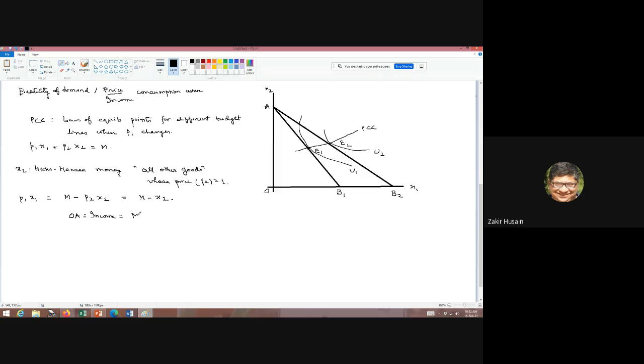তাহলে এখানে when you are consuming this amount, তুমি এতটা কনজিউম করছো, so what is the expenditure on x1? It is simply this. ঠিক আছে, is it clear? Yes, sir. আচ্ছা।